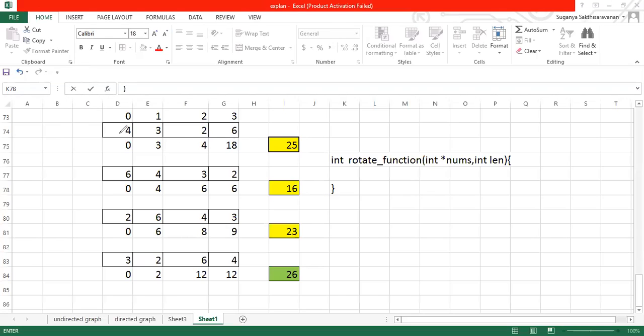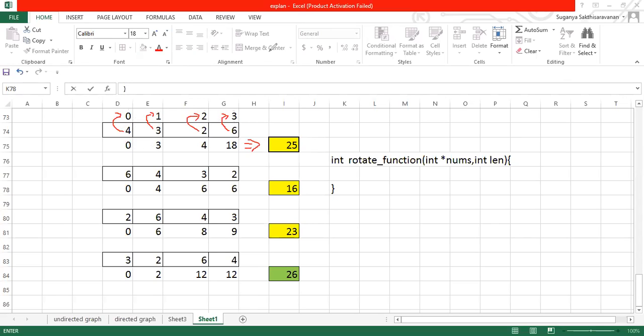So first, we are supposed to calculate the value for the given size. As per the given question, they are multiplying the value of the index with the concerned position value, like 0 into 4, 1 into 3, 2 into 2, and 3 into 6. Okay, this is what they are doing. They multiply and get some values, and they do the summation of it. This is the process.